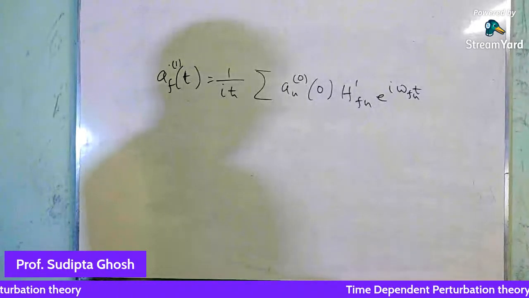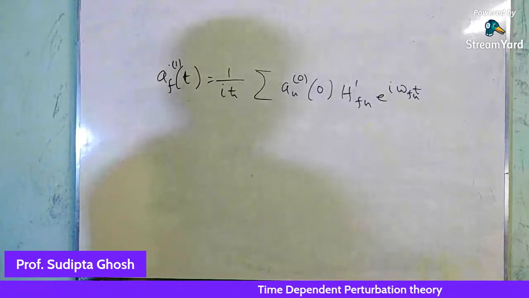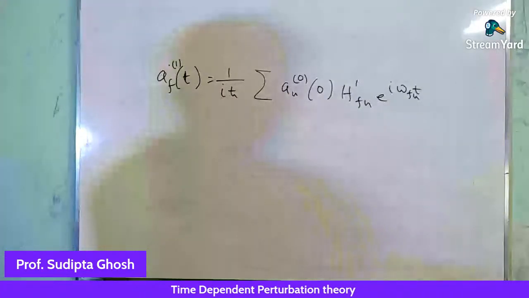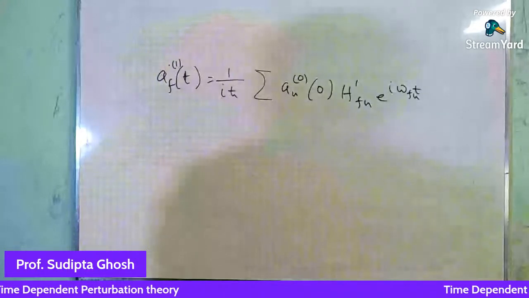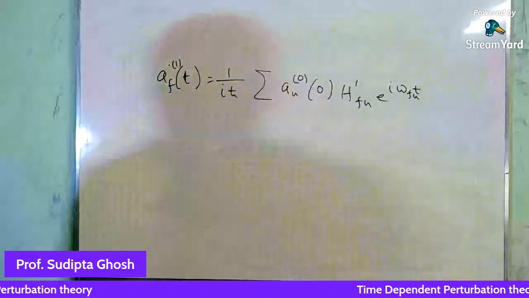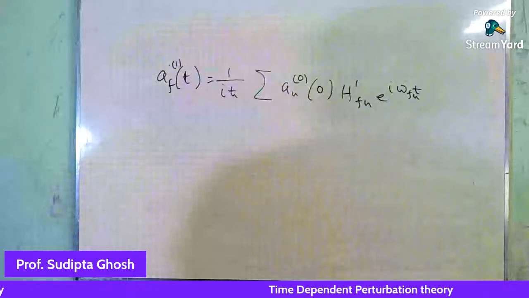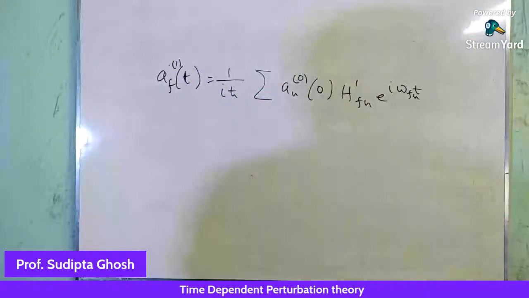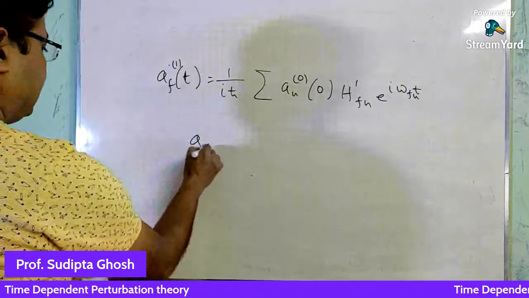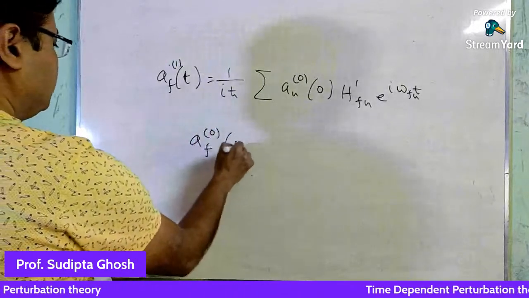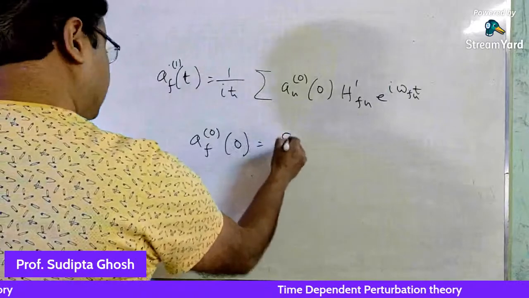That is, the system is described by one of the unperturbed eigenfunctions, say phi f0. Now this would mean that our initial conditions are a_f(0) equals delta_fi,